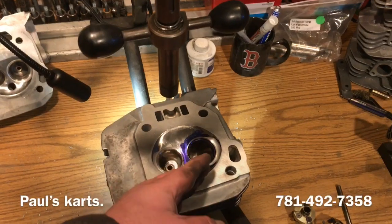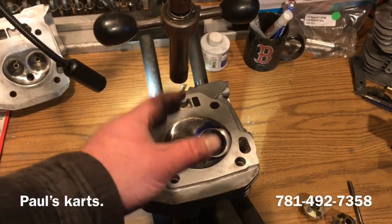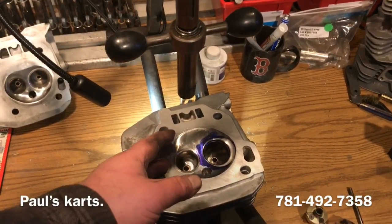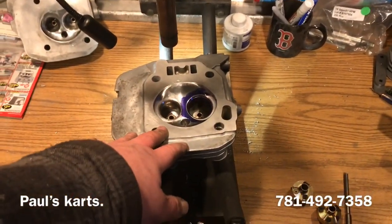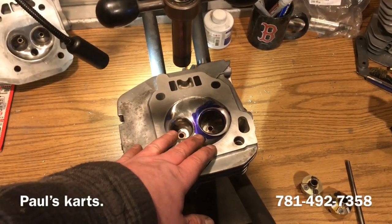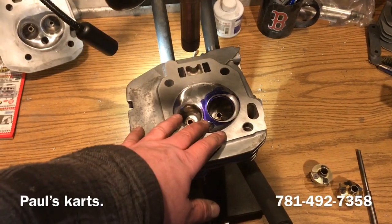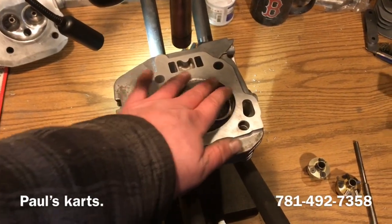You will make a little bit more power the other way, but you're going to sacrifice a lot under the curve. And the way to build the most powerful track engine is to keep the most amount of power under the curve. If you're building for a dyno, and you don't care about power under the curve, you don't care how long it takes to get to that amount of power, as long as it gets there, you want to go bigger. But if you're focused on actual drivability, sometimes bigger isn't better. A lot of the times bigger is better, but this happens to be a stock pairing with a stock carburetor. So that's a 5-angle valve job on the new way valve seat cutting